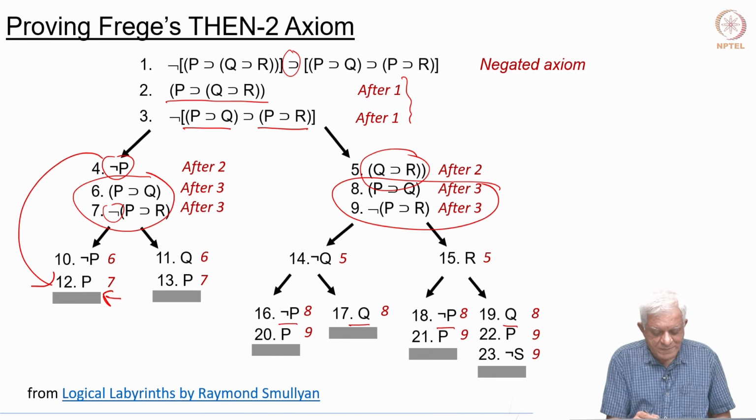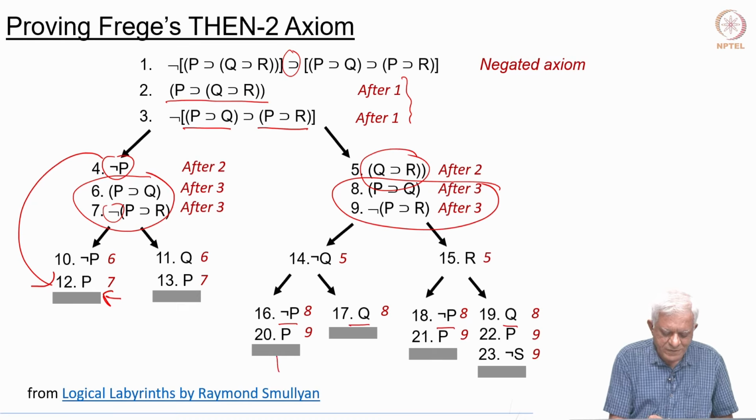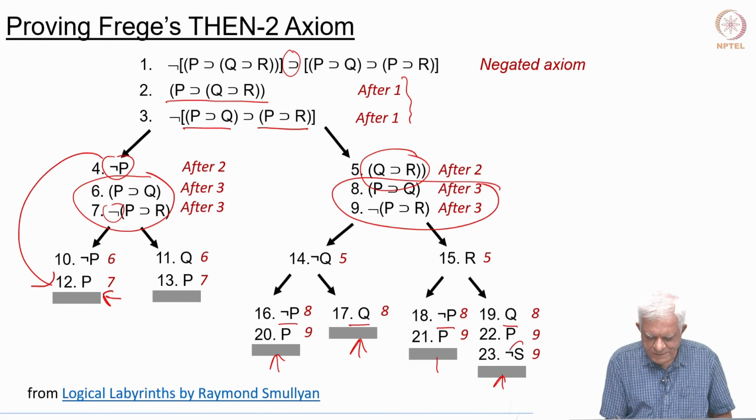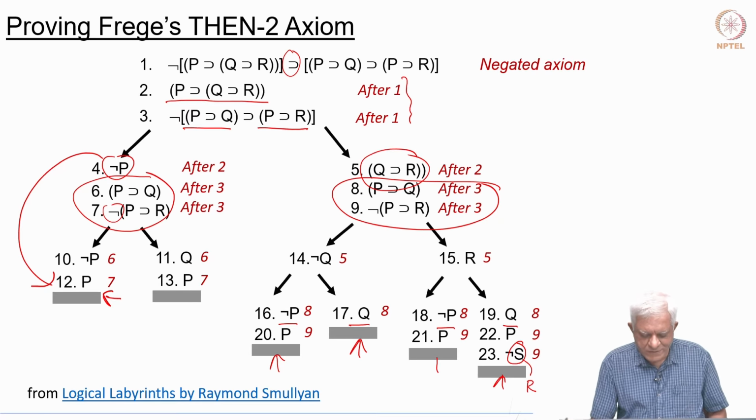So, the same process happens, but it happens more times on the right hand side branch, and you find that everything is closed. In this case, because there is P here, there is Q and there is not Q, and then P and then not S here. So, there is some S somewhere. Sorry, this is a mistake, this should have been R, and because not R is there and R is there, this has got closed. So, I need to correct that. It is not S, it is R.